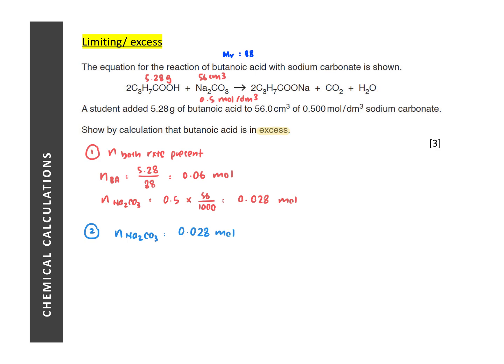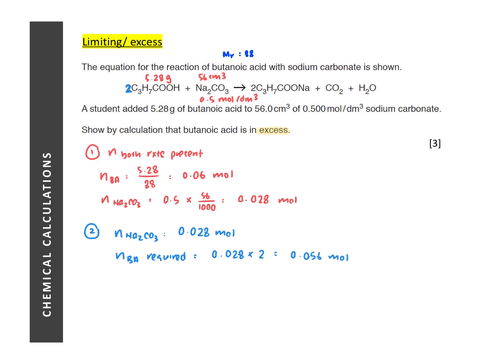Then, to compare the mole ratio, we find the number of moles of acid required to react with all the sodium carbonate. From the balanced chemical equation, we can see that 2 moles of acid will react with 1 mole of sodium carbonate. So the number of moles of acid required will be 0.028 times 2,